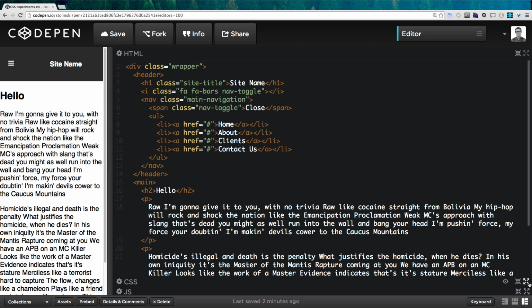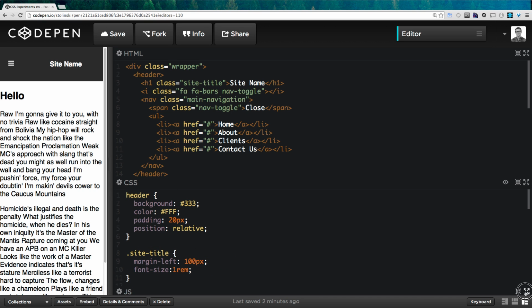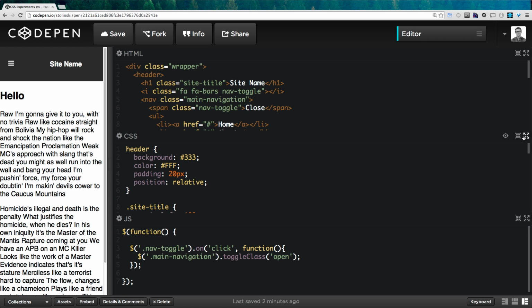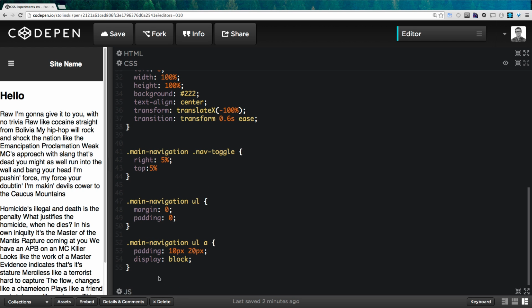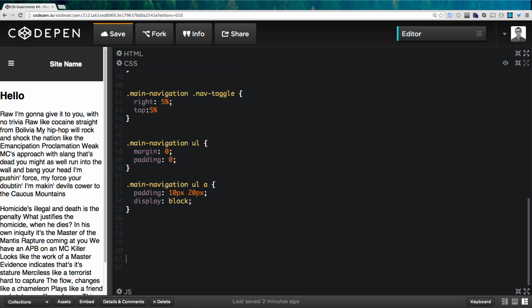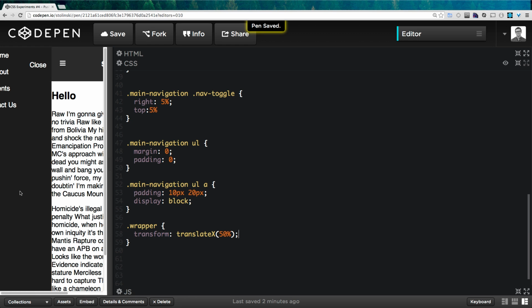So when we have our CSS, let's come back here. I'm going to open this up so it's just CSS here. Let's come to the bottom here. Okay, so for wrapper, let's add a transform like we had before. So we can say transform translate X, and then in here, let's just say 50% and close it off. So what's funny here is that we moved over everything, but you can see that our